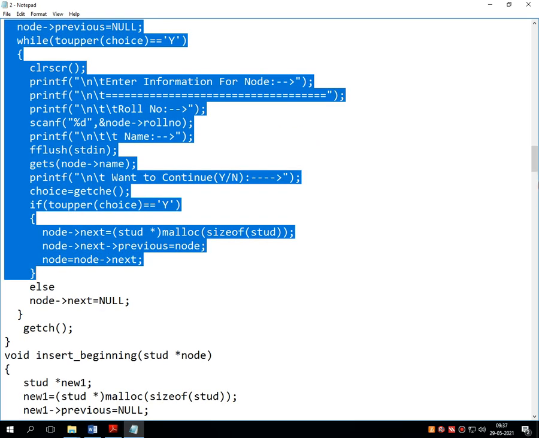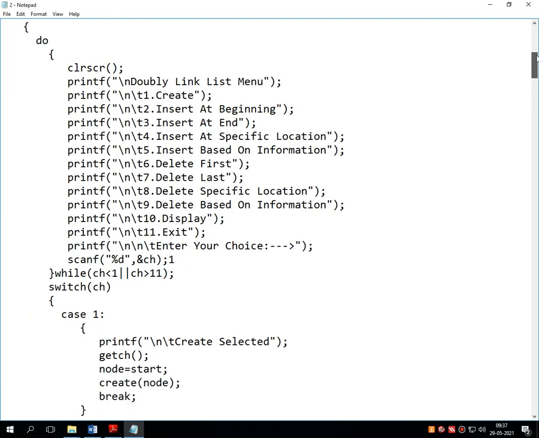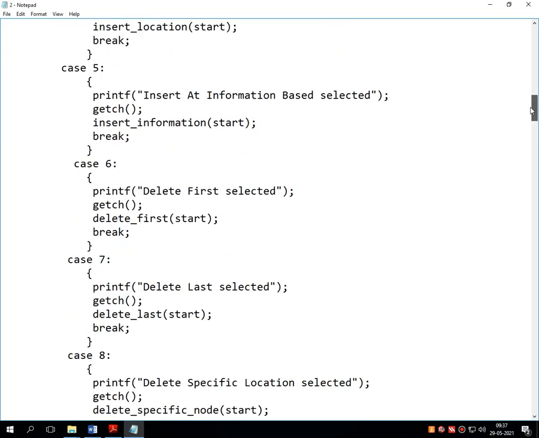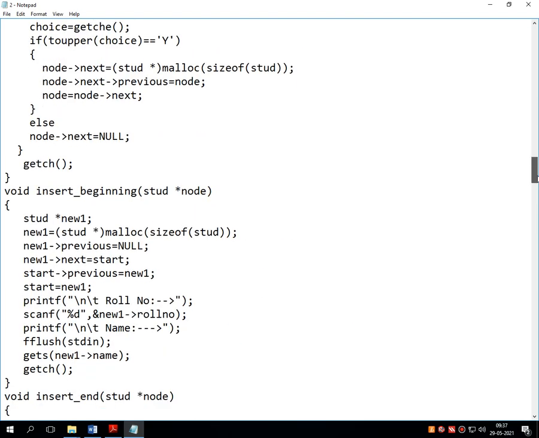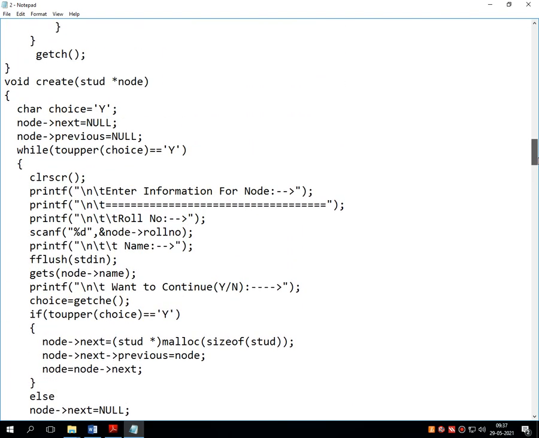Now after the create, the program continues. When the menu is on the screen, option number 2 is insert at beginning. Obviously case number 2 is selected, that is called insert beginning selected. Into the insert beginning, the first node address is passed, that is called start. What happens inside insert underscore beginning? The function is written very next to the create.